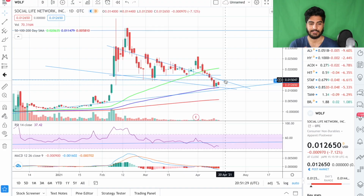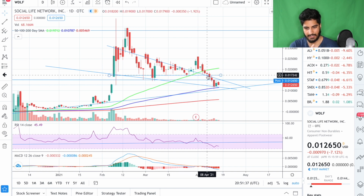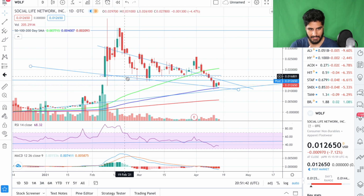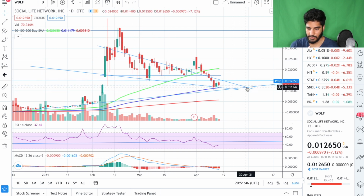I'm Dummy Boy and we're gonna get straight into our penny stock watch list. Second stock of the day, we're looking at WDLF. Same thing, we had an anticipated breakout here. We had a nice little bull flag, but we broke our bull flag to the downside, and now we have a longer pattern right here, which is still a very solid pattern for the long term, which will end here